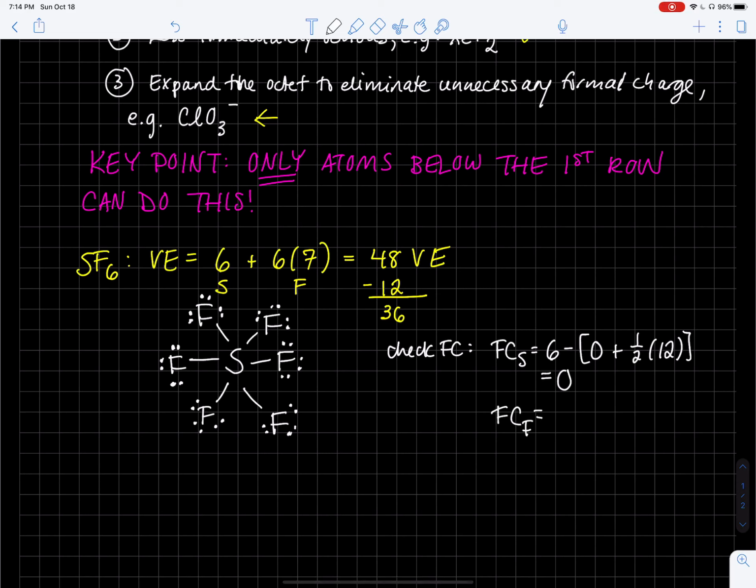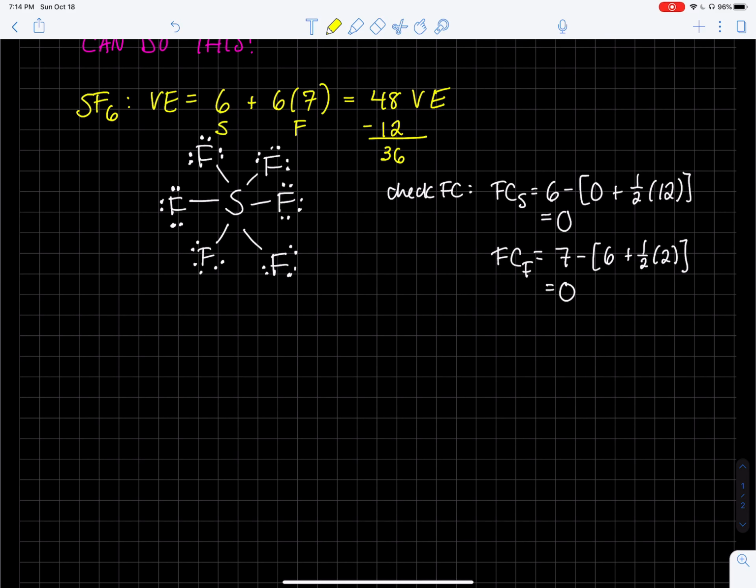And fluorine, as always here, has a formal charge of 0 as well. It has 6 electrons in lone pairs. It gets half of the 2 in the bond, each fluorine. So fluorine also has a 0 formal charge, and that is the structure of SF6. So I call that obvious because as soon as you start to draw the skeleton, you see I have to put 6 atoms around my central atom. Okay. The next one is xenon difluoride,